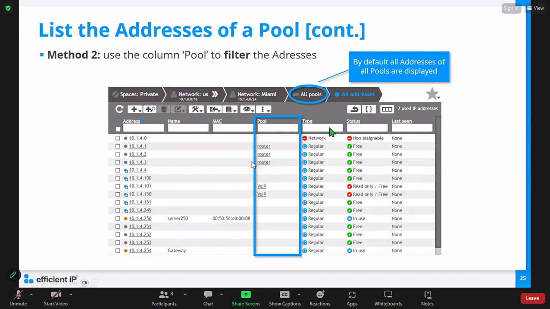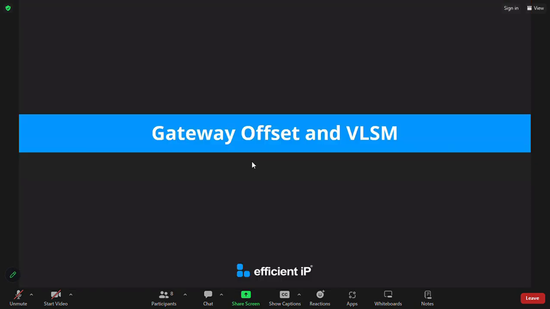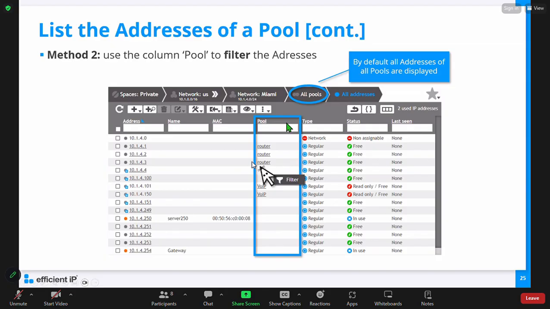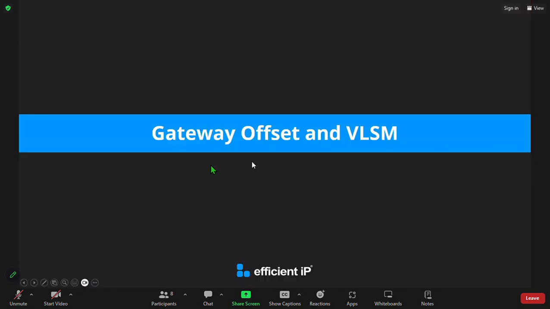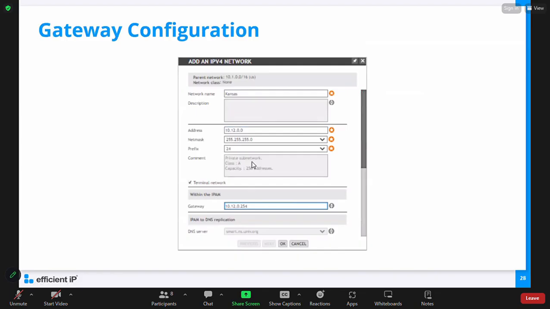So you can try to view all the pools. What are the IP addresses you have in all the pools? Okay, good. Same thing, you can apply a filter if you want to search for it. Nothing special. Now, gateway offset. Remember I mentioned just now, when you create a subnet, it will automatically assign the gateway address. It will automatically assign the last IP address for the gateway. Automatic. So over here,